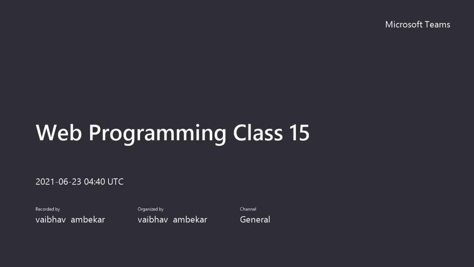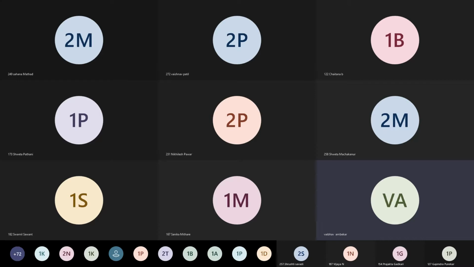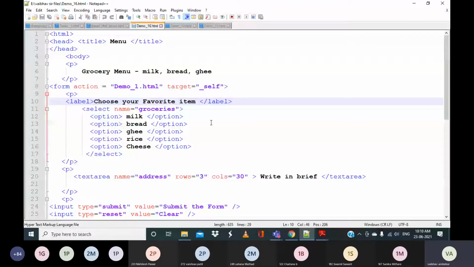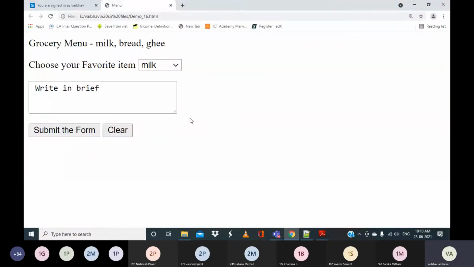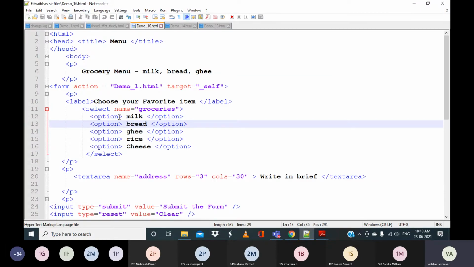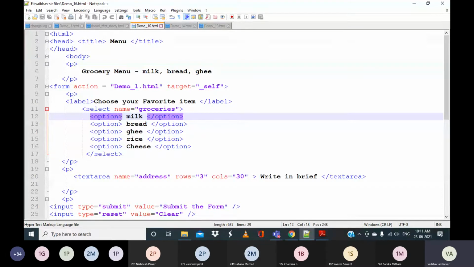So we were discussing the select tag. So this is the select tag that we were discussing. Now in this select tag, we have displayed only these values, but you can specify the value, like for a text box and other things we have discussed, even for checkboxes and radio buttons we had the value attribute.